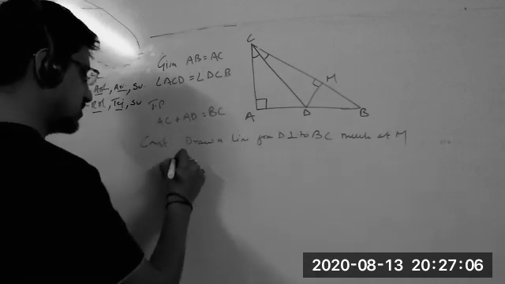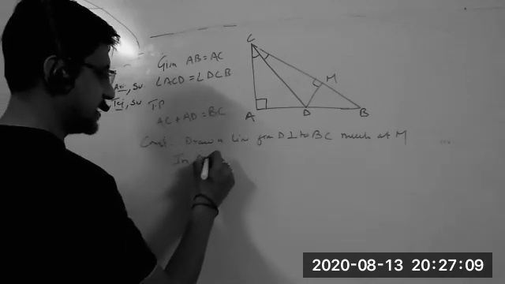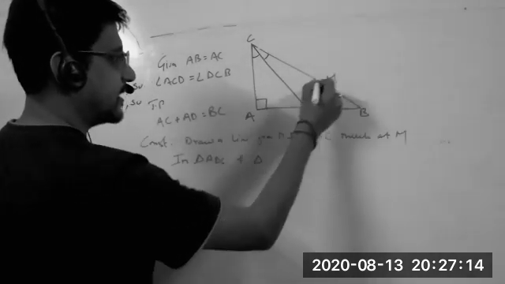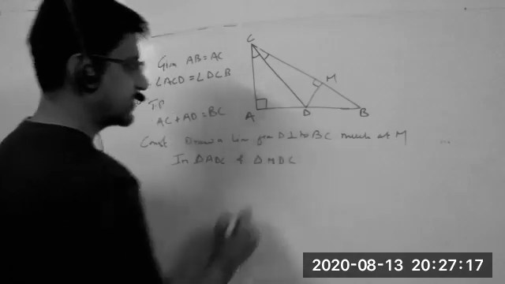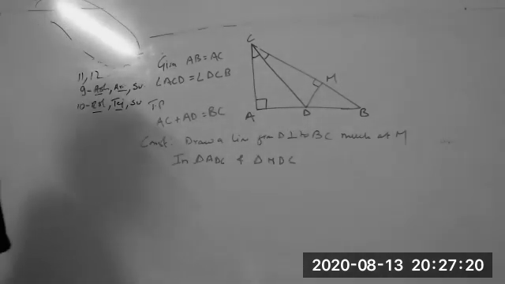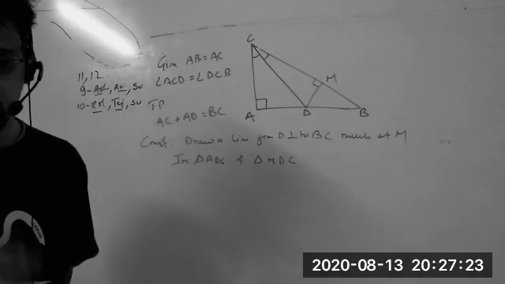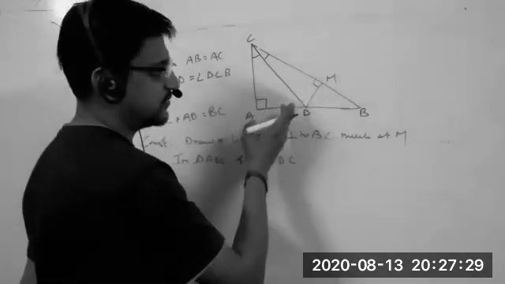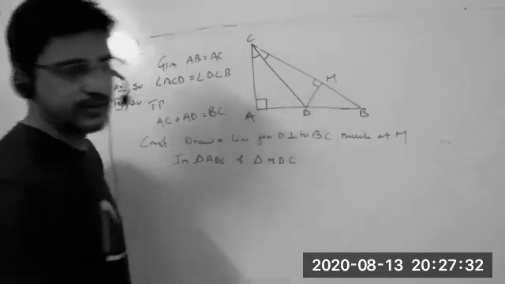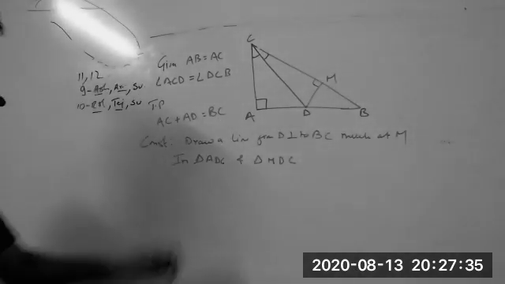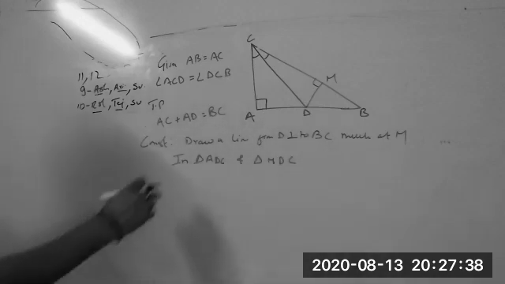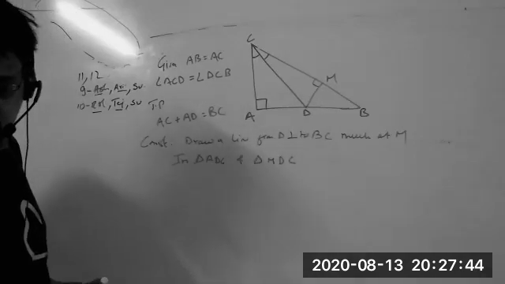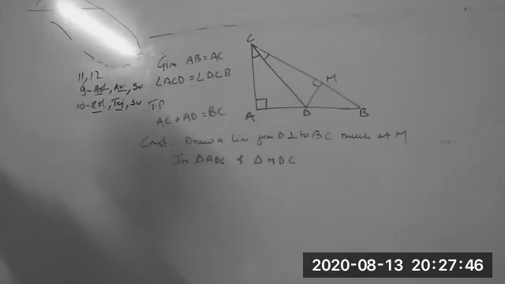Sorry, sir. In triangle ADC and triangle MDC, there are few questions you cannot prove without construction. So first you have to see whether you can do it, and if not, then you have to see if any line is to be produced or any construction to be done to solve that question. So in this question you have to do this one. Now in triangle ADC and triangle MDC. Yes, Siddharth? Sir, I've sent you the PDF. Okay. Focus on this question, the 10th question.